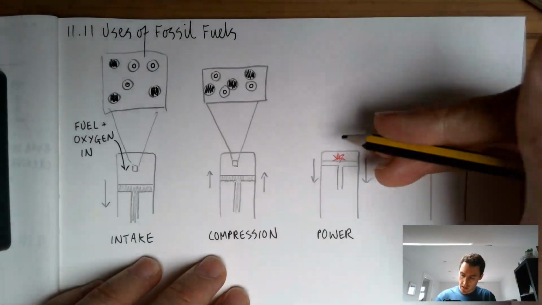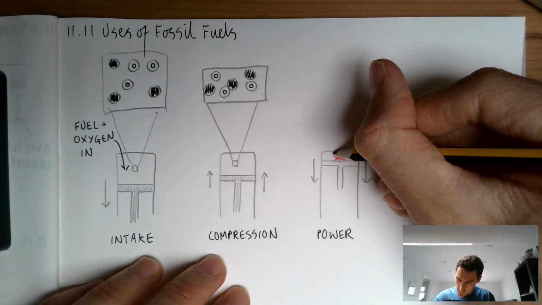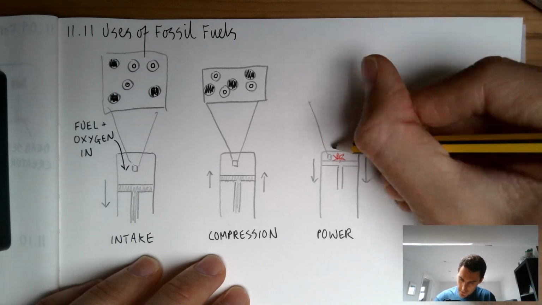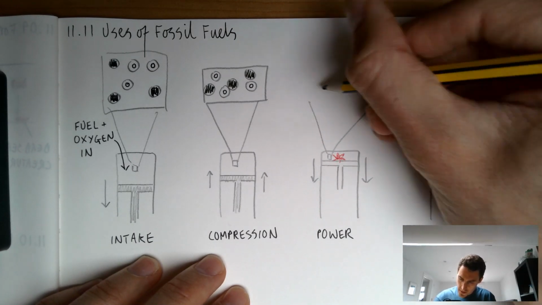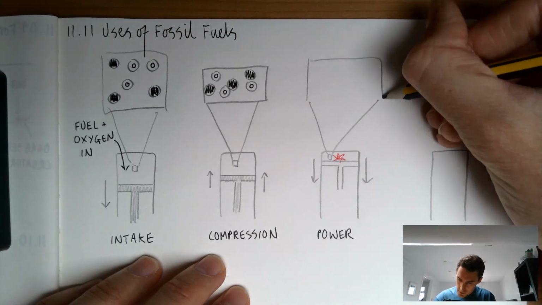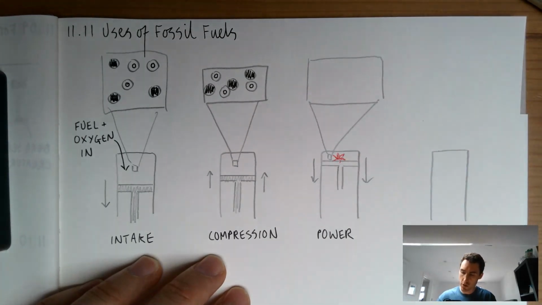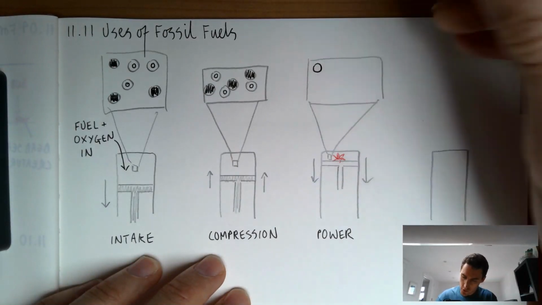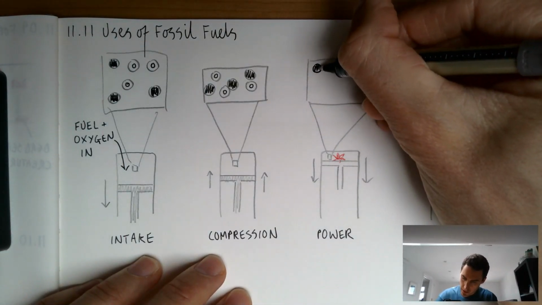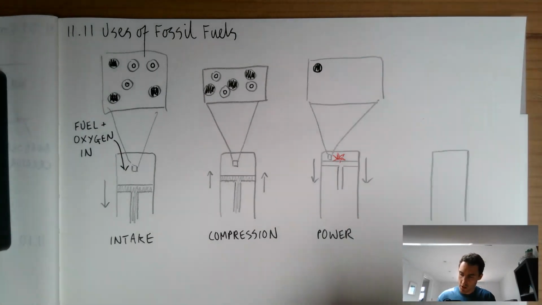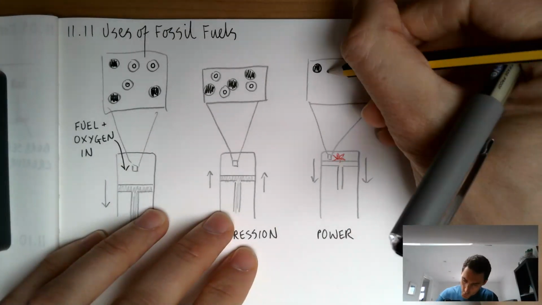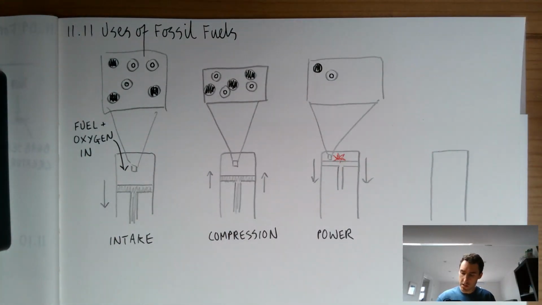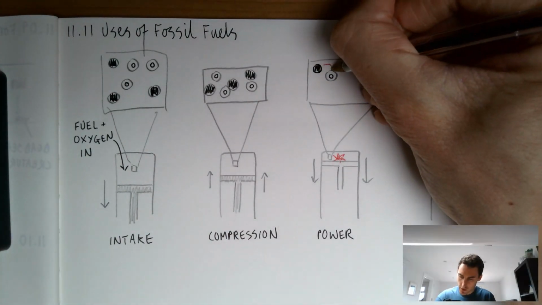In this diagram, what's happening here when I've got the spark, I'm just going to zoom in slightly to the side of that. So this is where it's super squashed, although I'm going to do it a bit bigger because what I want to show happening here is that these fuel particles, now I've done that in black, but anyway, these fuel particles are actually combining with those oxygen particles. Again, this is really, really simple. I'm not going into the chemistry because we're not going to do